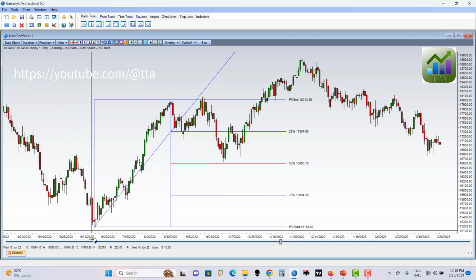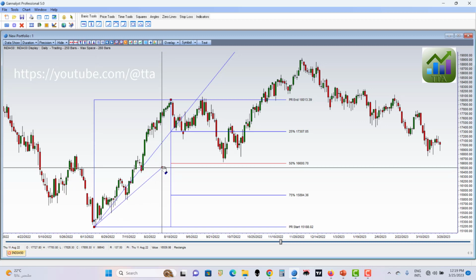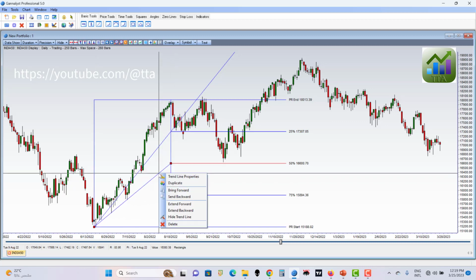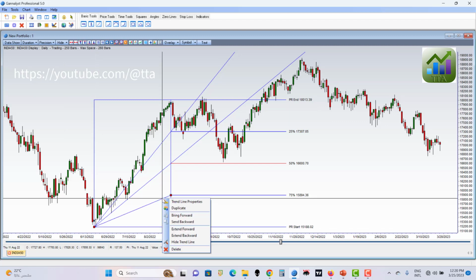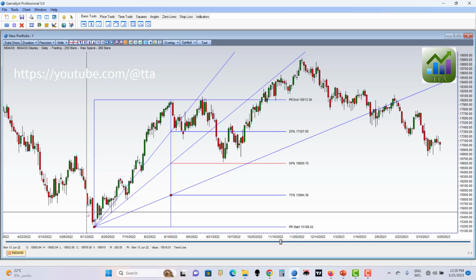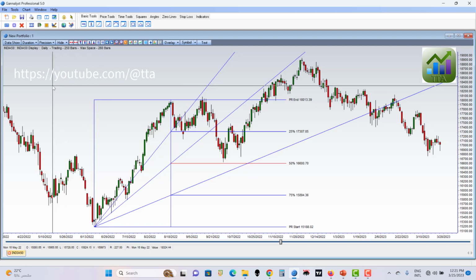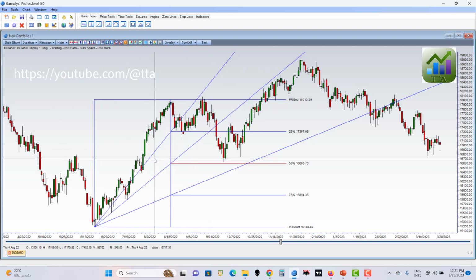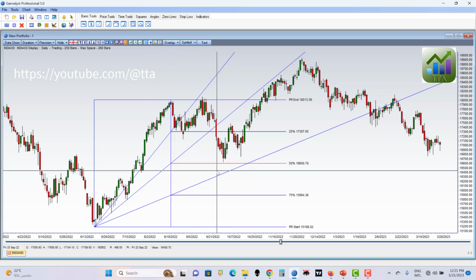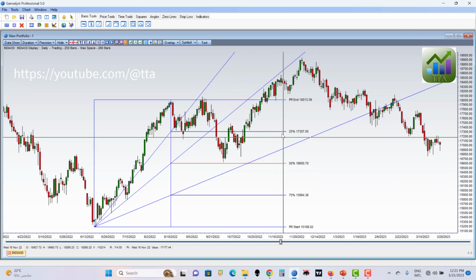And repeat this step for the next level, and then extend forward. And then do the same to the third level and then extend forward. This is how to draw the Gann fan manually. As you can see, the price is respecting this trend line, which is a Gann fan, and also it is respecting the